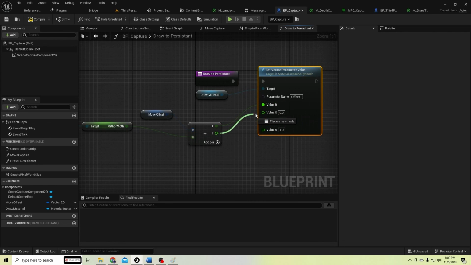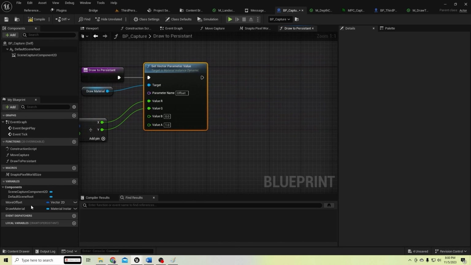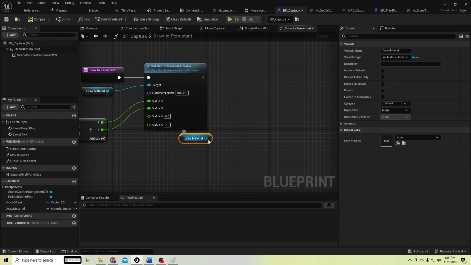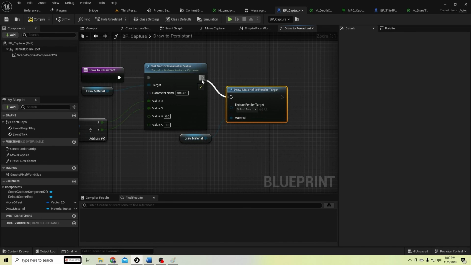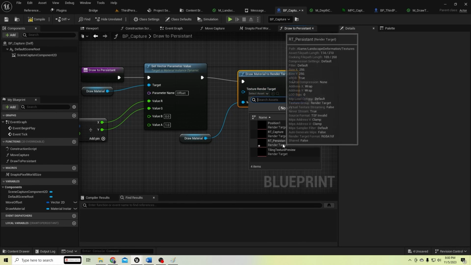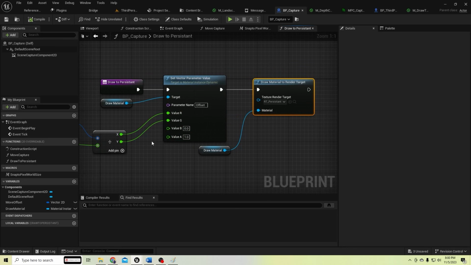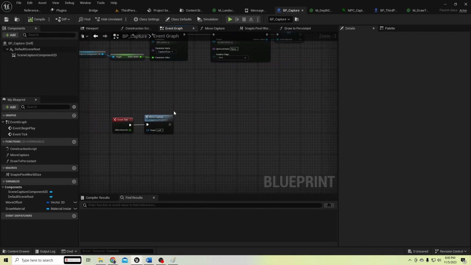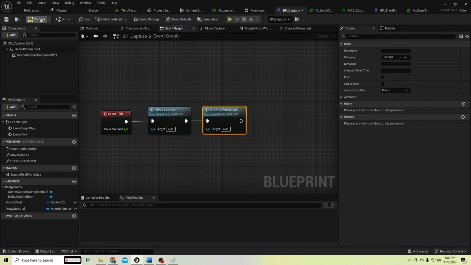Connect it, and connect get this draw material and draw this draw material to the render target of this RT persistent we have just created, and let's connect this function to here,